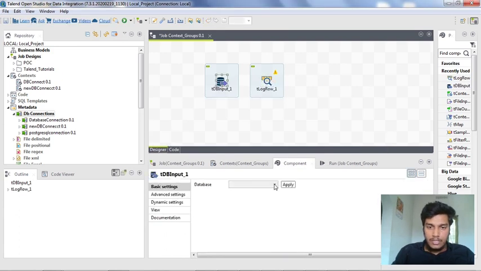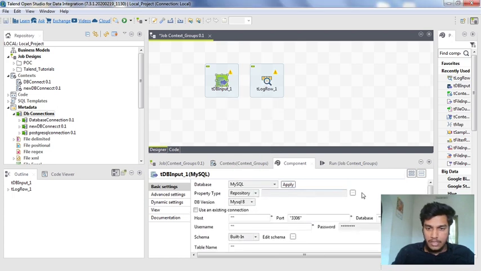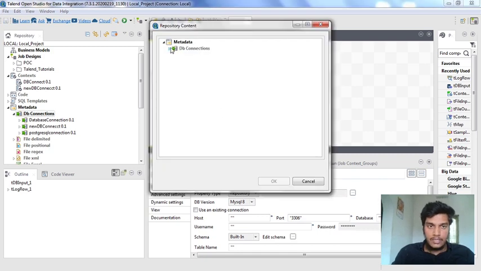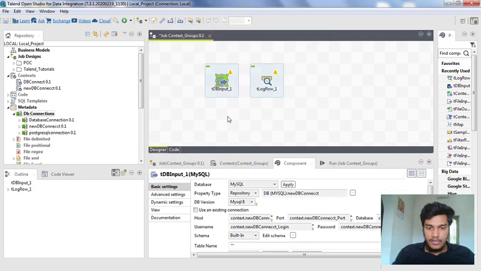I have to assign a database for it. For the property type I am choosing Repository, and I am selecting the database connection new db connect, which I created in the previous lecture, and I am saving it.